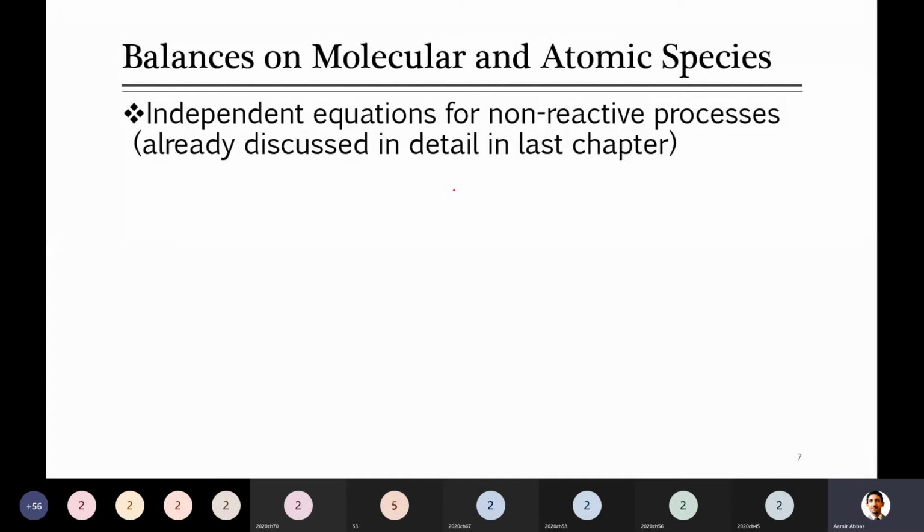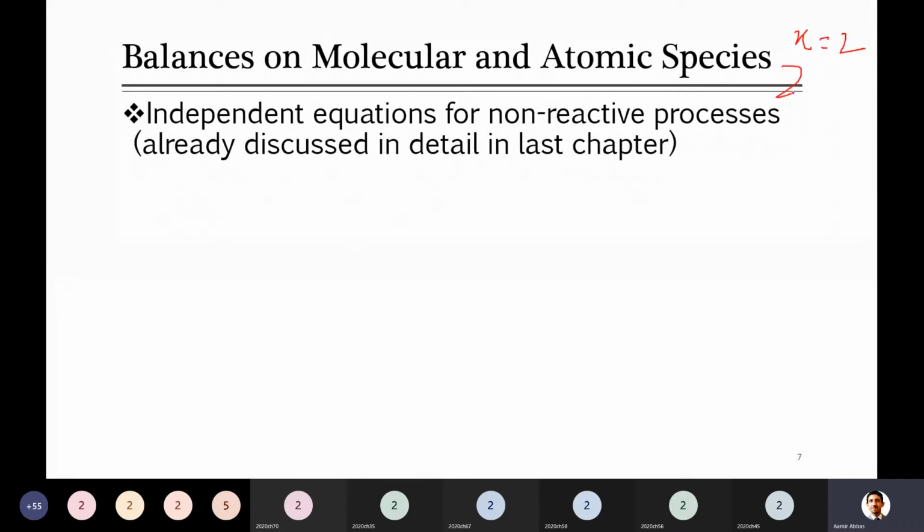So do you remember what independent equation means for a non-reacting system? Can anyone tell me this? What was that? What does independent equation mean? One that cannot be added or subtracted, yes, independent. An equation which we can't get from the other by some mathematical operation. Not only addition and subtraction, but if you remember there was also multiplication. For example, x is equal to 2 and the other equation is 2x is equal to 4. So are these two independent equations? No, sir, because x is equal to 2 and 2x is equal to 4 is the same thing. What we did is just multiply this equation by 2.